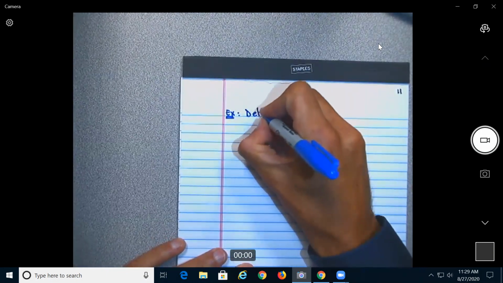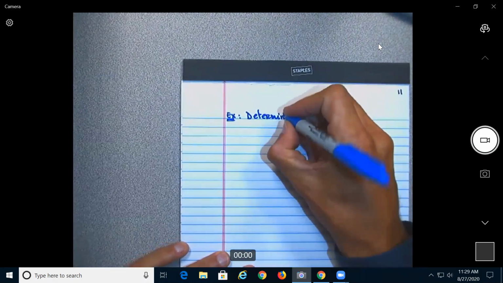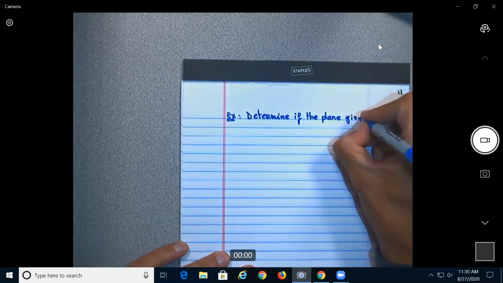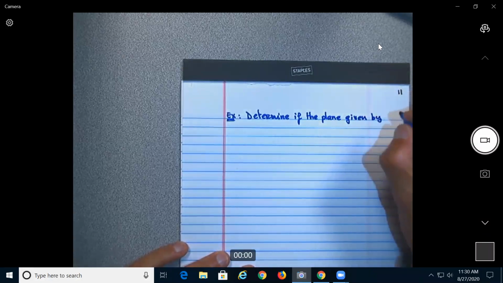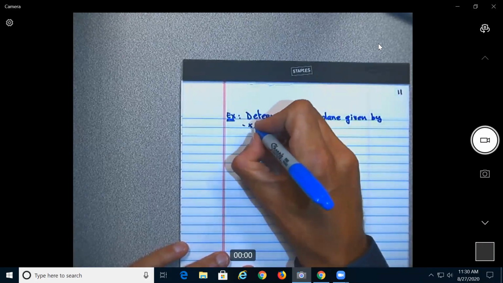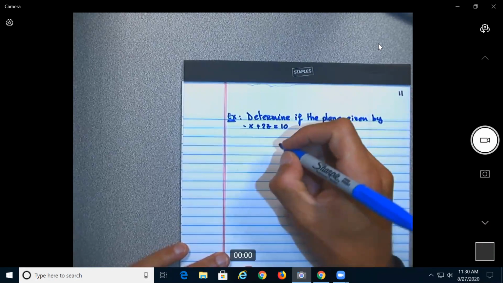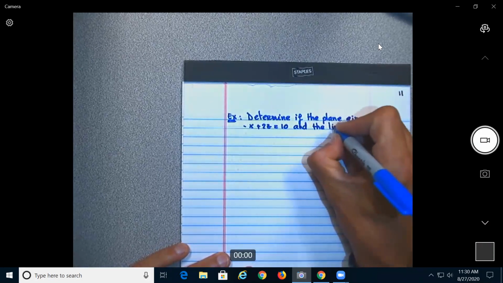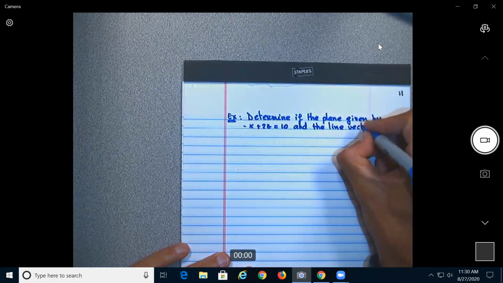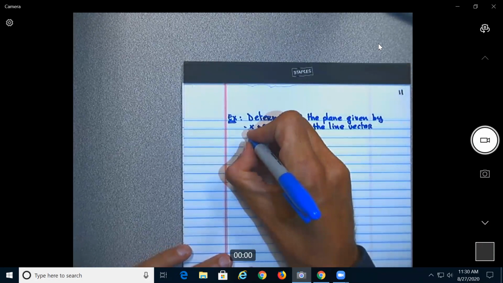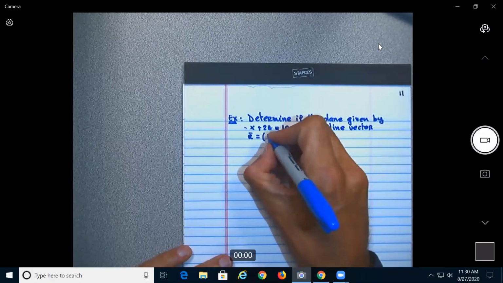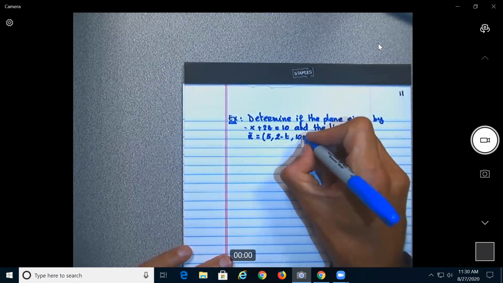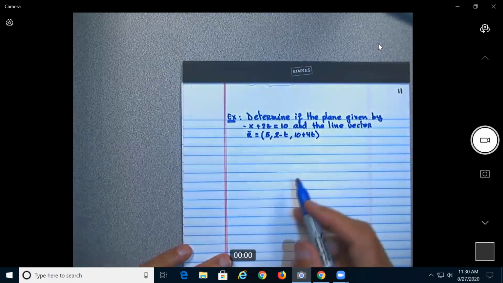Determine if the plane given by -x + 2z = 10 and the line r, which is given in parametric form (5, 2 - t, 10 + 4t), I will explain this after the problem,